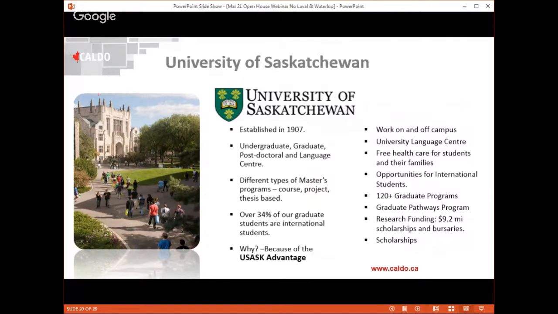Of course, we have a university language center so that students can come and upgrade their English language before they start the university courses, the master's or PhD. The province is actually very generous in the sense that you can have free health care for students and your families if you come with your family. Of course, we have a graduate pathways program. So if you are a student that brings a scholarship from your country, then you're eligible to take a pathway. So we speed up the process for you and allow you to take the ESL and the university courses as you